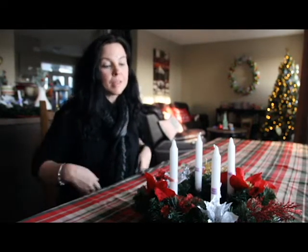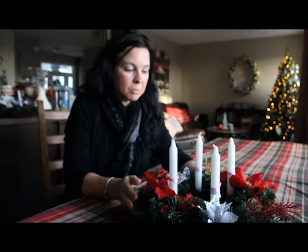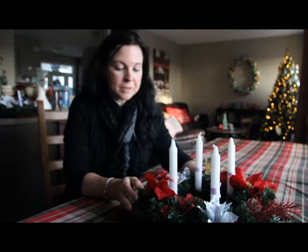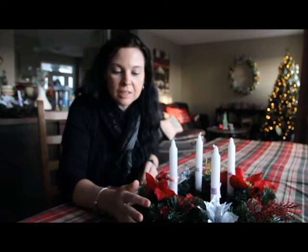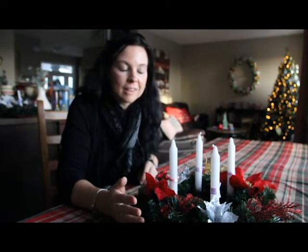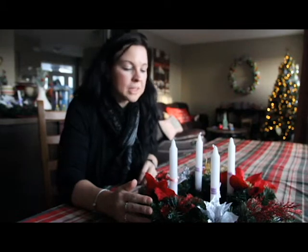We use a wreath at Advent for several reasons. The circle shape of the wreath has no beginning and no end, just as God, the Alpha and Omega, has no beginning and no end, and it represents his everlasting presence and love for us. It's made of evergreen branches because green is a symbol of new beginnings and life, and also the evergreen doesn't die, and that represents God's love for us and his ever presence in our lives, and we celebrate that